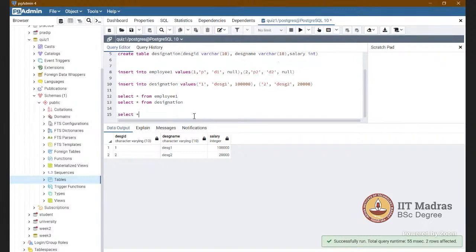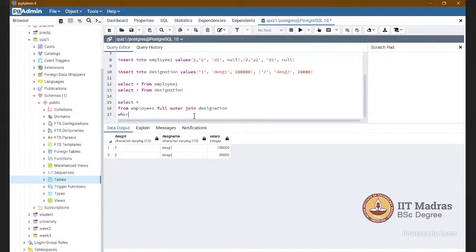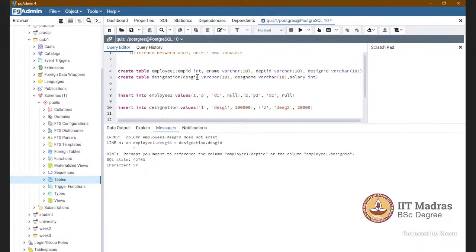Then what is the original query? Select star from employee 1 full outer join designation on design ID.